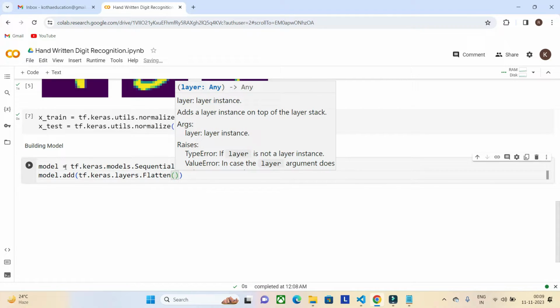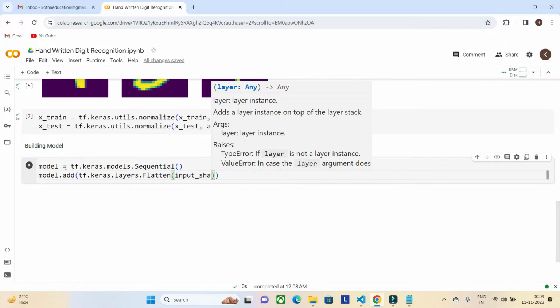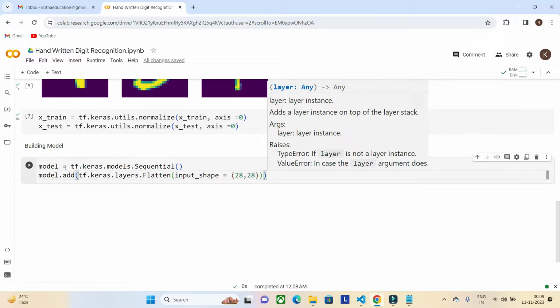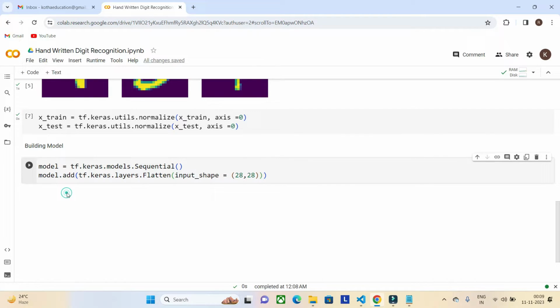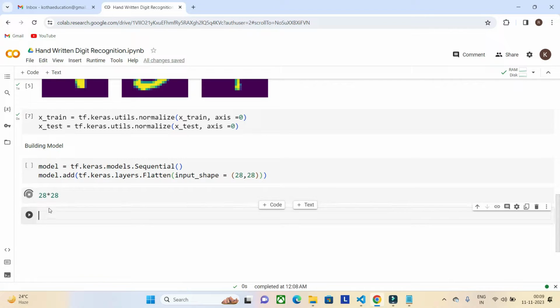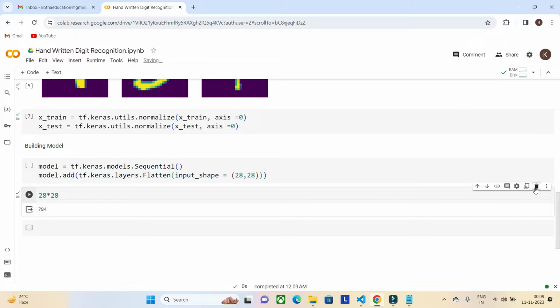And input_shape equals 28 comma 28, right? So what exactly this flatten does is, instead of this array of 28 by 28, it will build one single one-dimensional array, around 784 elements. It will be a single row numpy array.